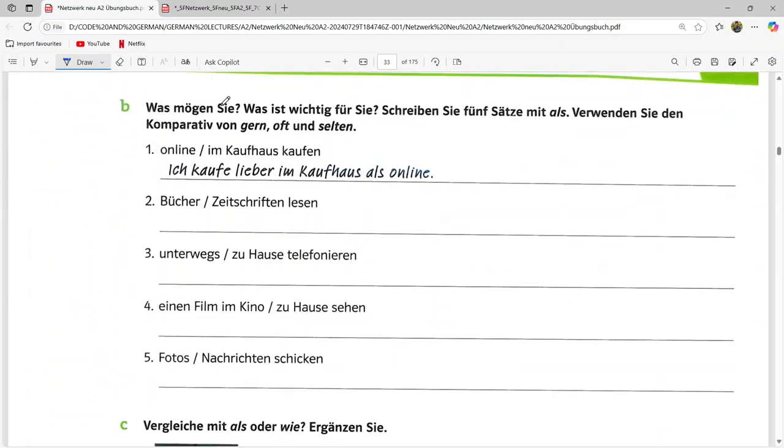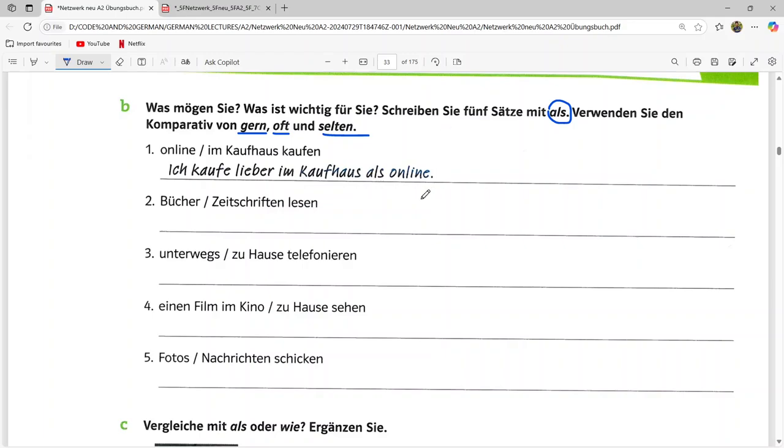Was mögen Sie? Was ist wichtig für Sie? So what do you like? What is important for you? Schreiben Sie 5 Sätze mit als. Write down 5 sentences with als. Verwenden Sie den Komparativ von gern, oft, selten. So try to write the comparatives with these keywords: gern, oft, selten. Okay,